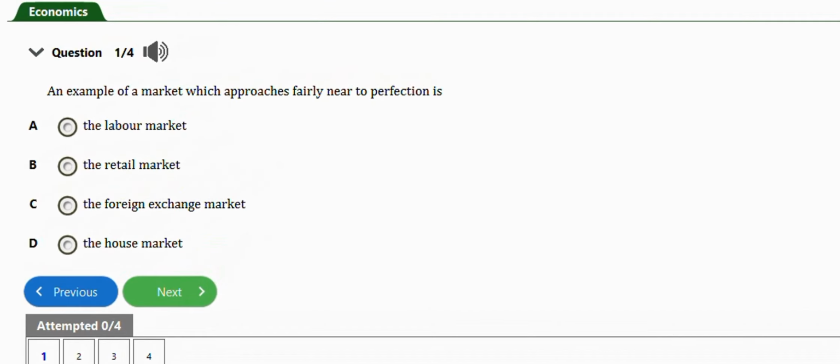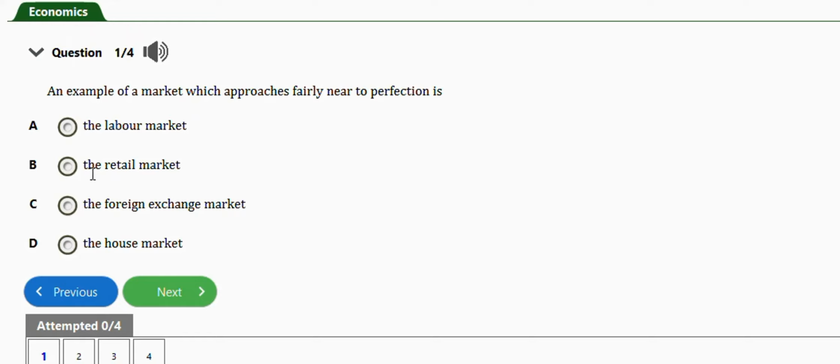In this video, we're going to learn how to solve these JAMB economics problems under market structure. So guys, we're going to look at the subtopic types, meaning of market and types of market. So we have 40 questions to practice in the video. Let's get started. The first question I have here says an example of market which approaches fairly near to perfection is,